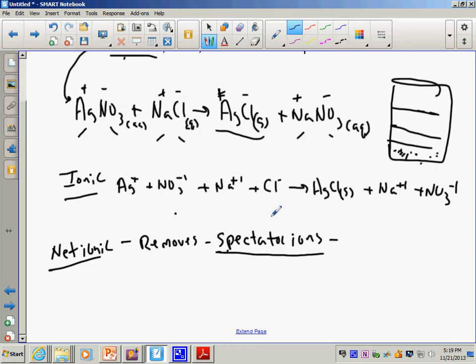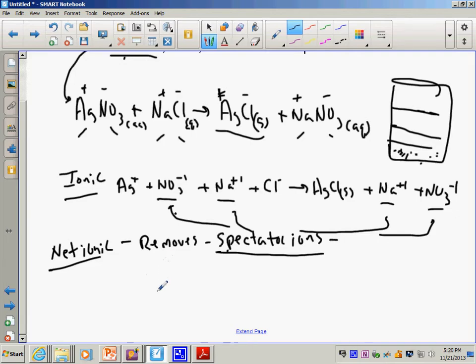Charge, number, quantity, bonding, it's the same before, same after. The silver, for example, is not a spectator ion. It goes into forming this compound. The chloride also goes into the compound, but the nitrate and the sodium are essentially the same before and after. So I would remove spectator ions like these guys,